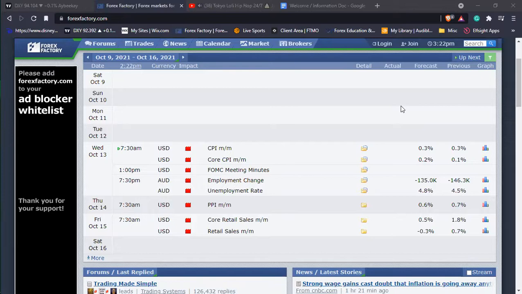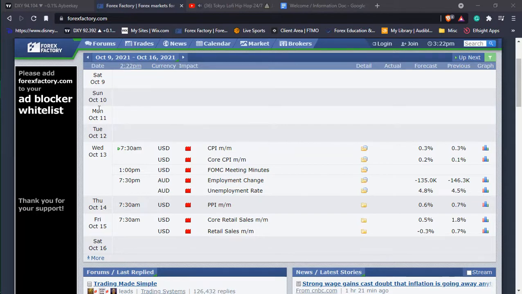So first thing that I usually do when I hop up on my weekly analysis is I go and check out what's happening with the news, right? And that's for the whole week. So I'm not a fundamental analysis trader. I just look at the news to tell me, okay, these news events are what's going to be popping up, so you can expect some type of high volatility in the market, right?